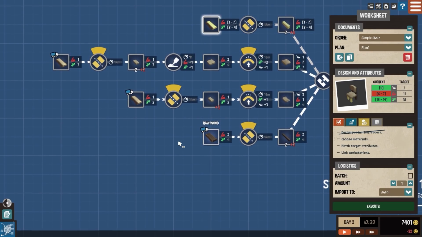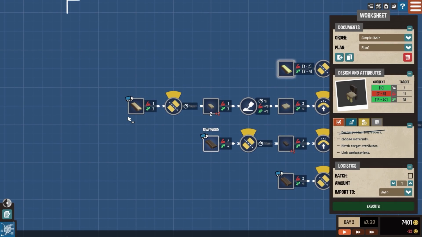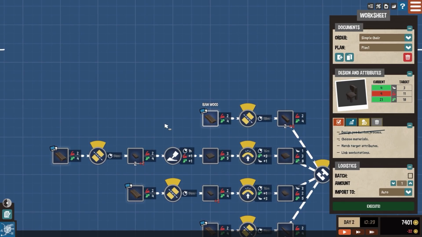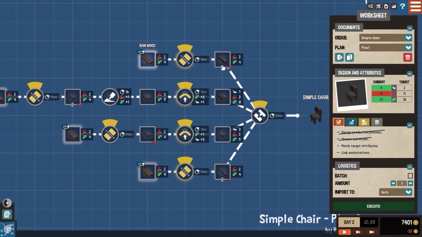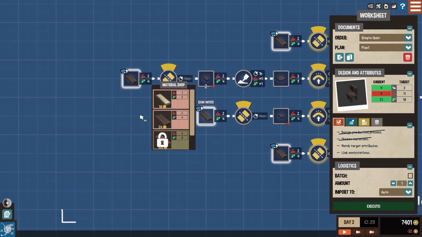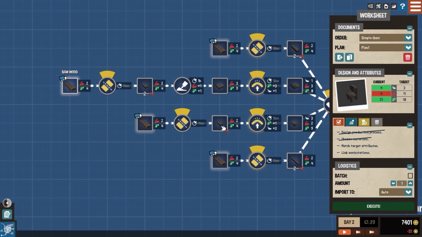I could do dark wood. Oh, there we go. Okay, so maybe I need to change a couple of things around. Yeah, that's pretty decent. That's pretty decent. And I think I should change this to dark wood as well. Oh, almost. Okay, so I suppose what I do need to do is actually change this. Wait a minute. What am I trying to change here? I need to change the...